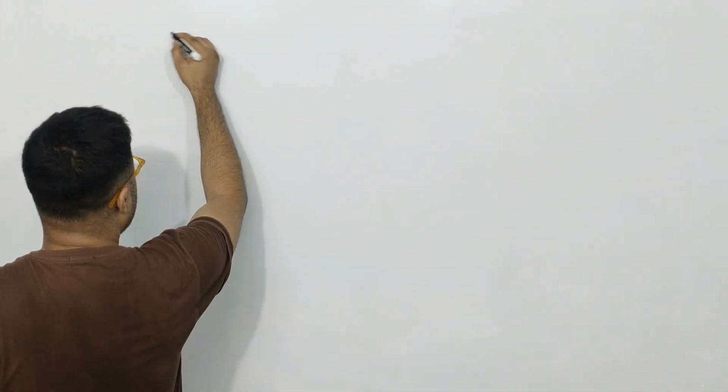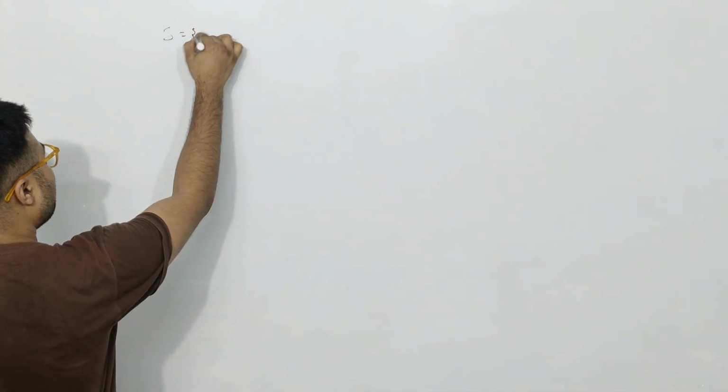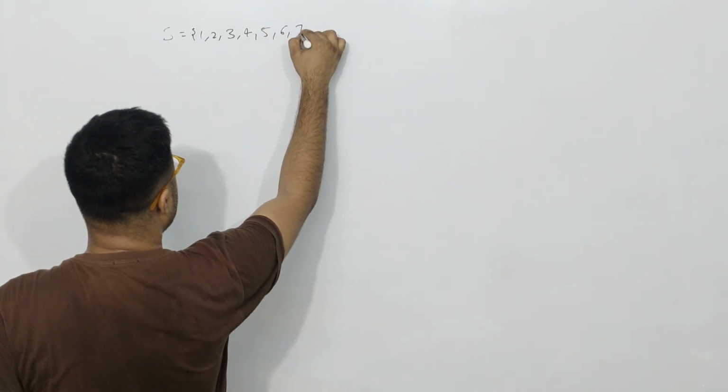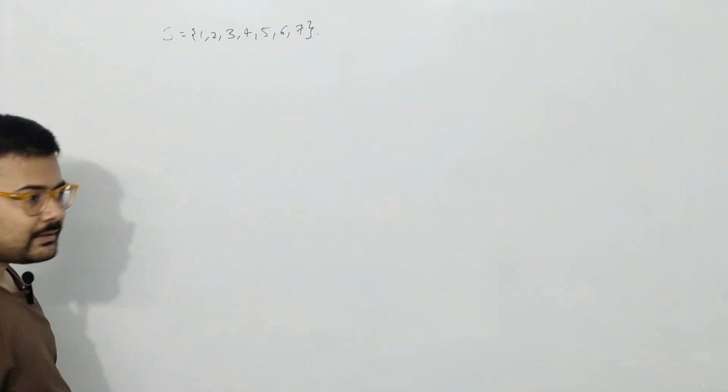So in a partial ordering relation, there is an ordering among the elements of the set. Between some of the elements, there is an order. For example, if my set is, let's say, 1, 2, 3, 4, 5, 6, 7, if this is what my set is,